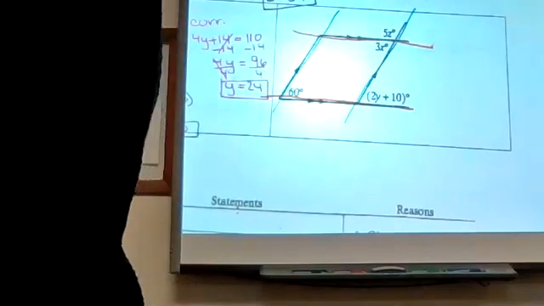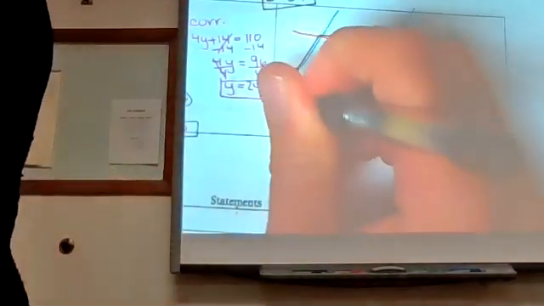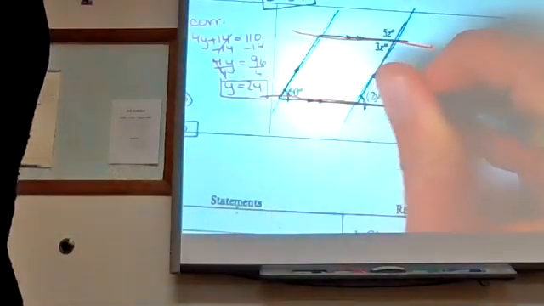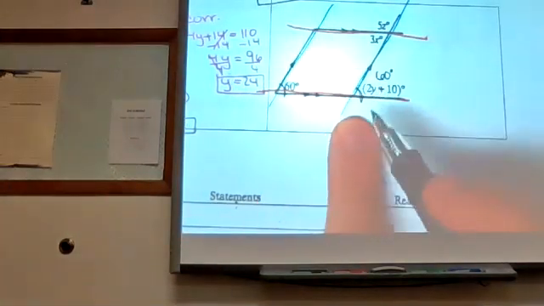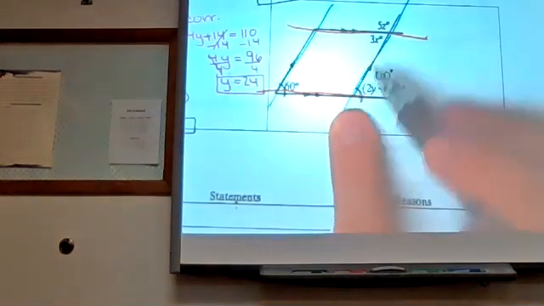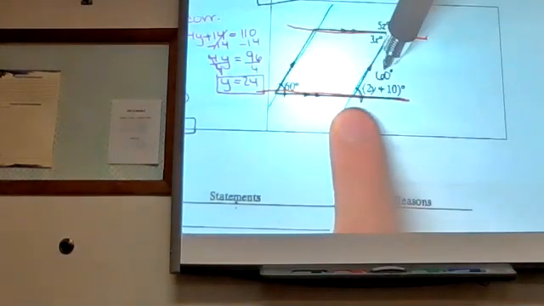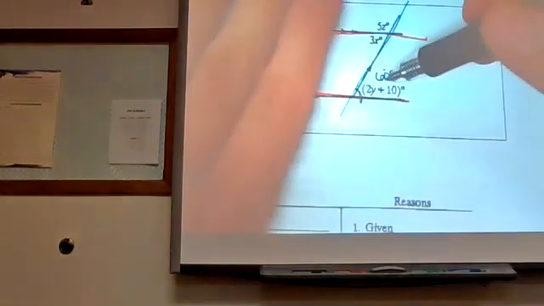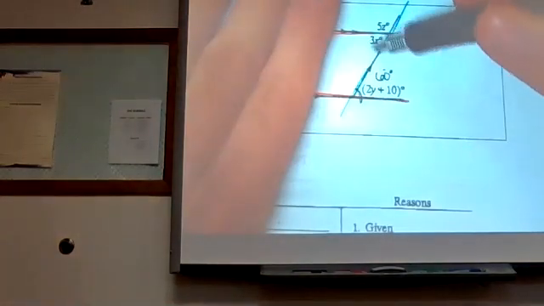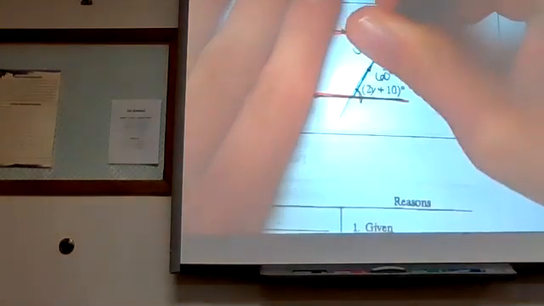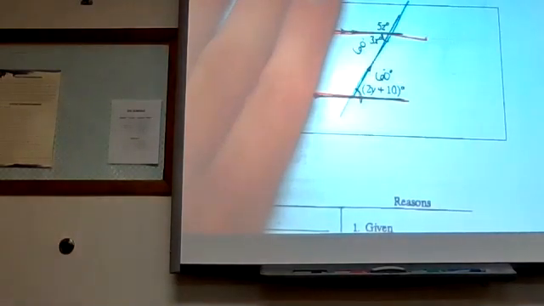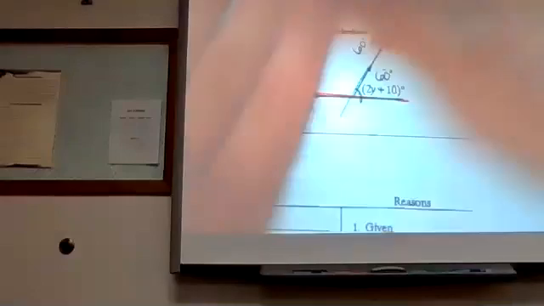So if this is 60 degrees here, then this is 60 degrees here. And I may want to just put that in because now watch this. Okay, just watch. These are corresponding, so I know they're congruent, so we'll use that in a minute. But these are alternate. Are alternate angles the same? Yeah, so I also know that when I get to x that I'll use 60. Okay, and up here,